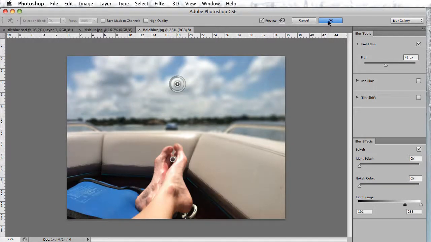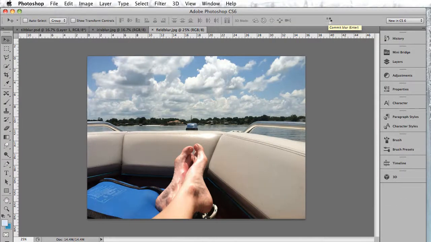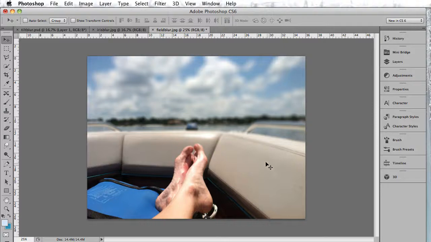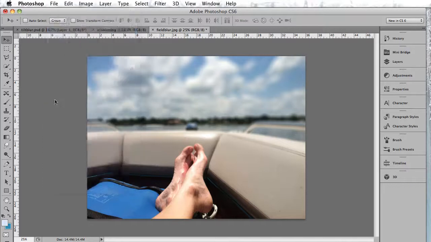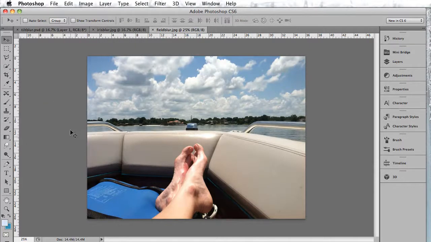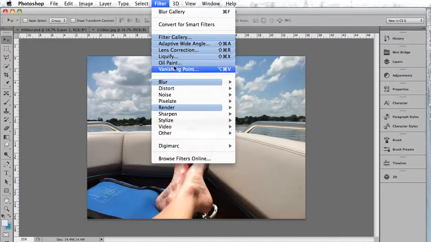And so here it is. This is the field blur, and it is blurring, and it's committed, and there we go. That just shows you how we can focus on one area. Okay, and if you want to revert back and just play with the tools, you just go revert back, and when you're setting these pins,